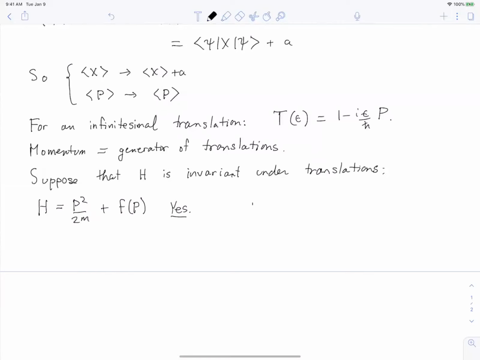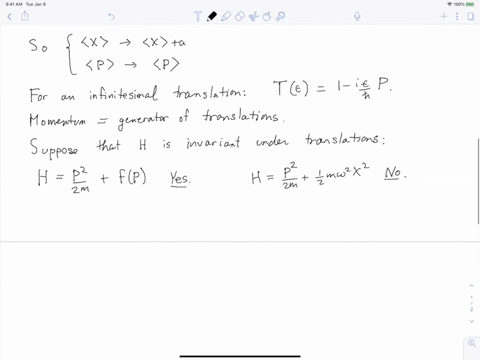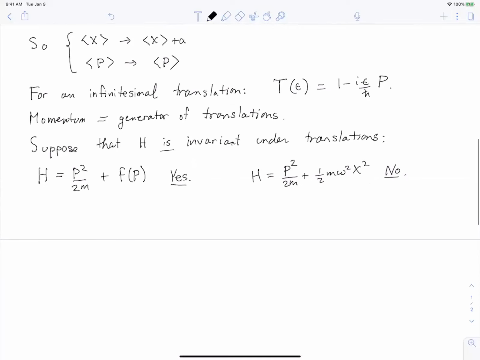But for example, the problem that we will start doing in depth after the midterm, where the Hamiltonian is p squared over 2m plus 1/2 m omega squared x squared, that's the harmonic oscillator Hamiltonian. That would not fit this description. It's not invariant under translations. Okay, but we're supposing it is. And then that means that for an infinitesimal translation in particular,